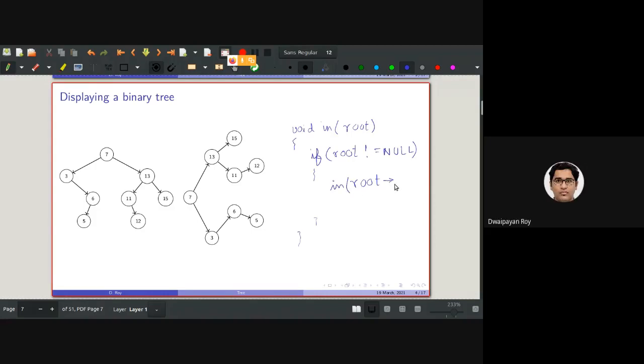We need to traverse the left subtree. So left, then we need to process root, and then I need to traverse the root right. Isn't it?